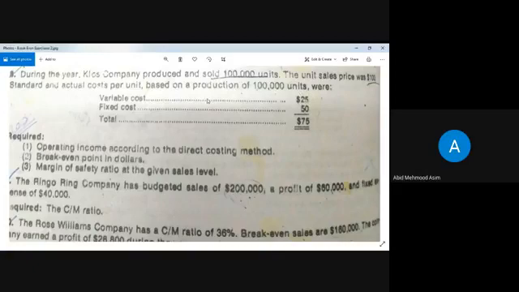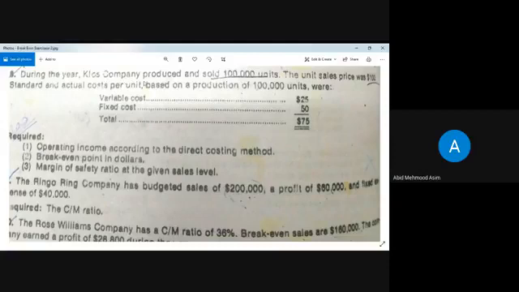or 100,000 rupees or dollars, sorry. So coming to our requirements, operating income according to the direct costing method. Now we have to calculate the sales minus variable cost is equal to contribution margin, and then we will deduct this fixed cost from the contribution margin, and we will get here the net profit of this